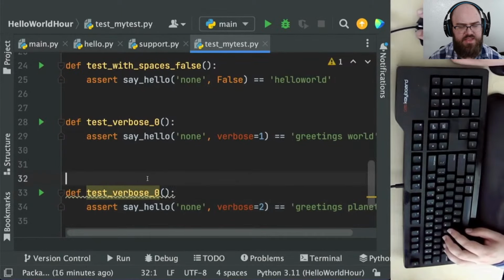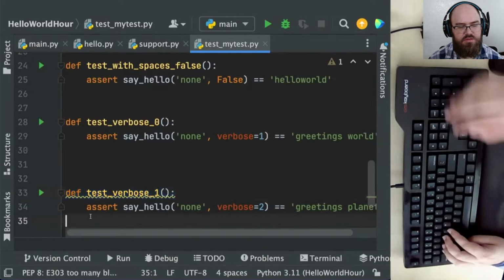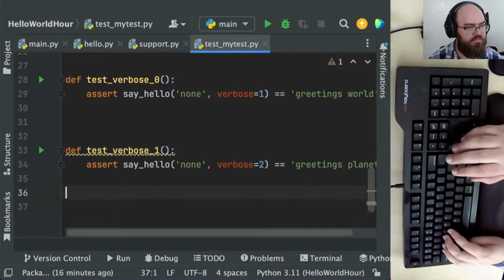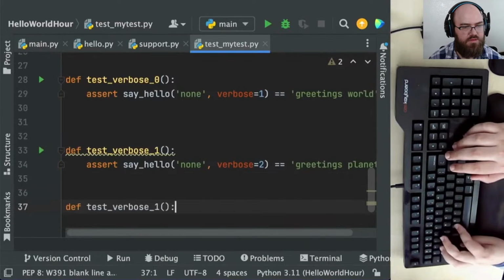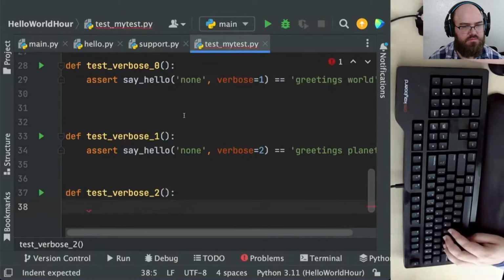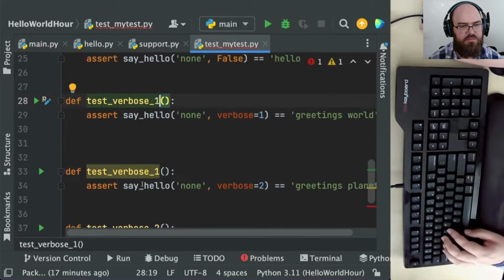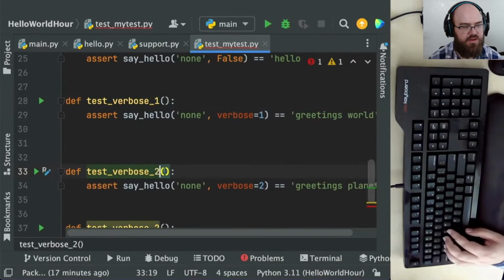I'm not sure the planet is actually more verbose than world. Have I noticed yet that my verbose numbers are off? Yeah, I noticed.